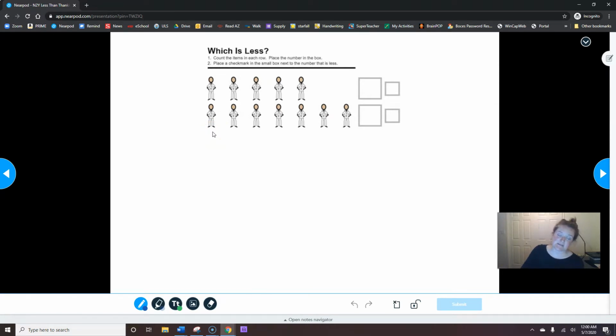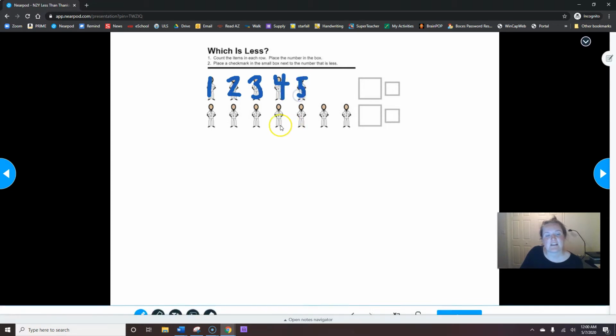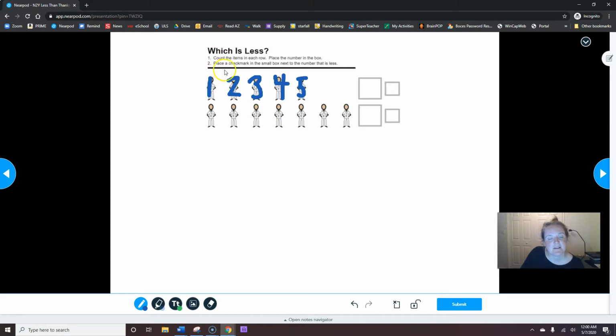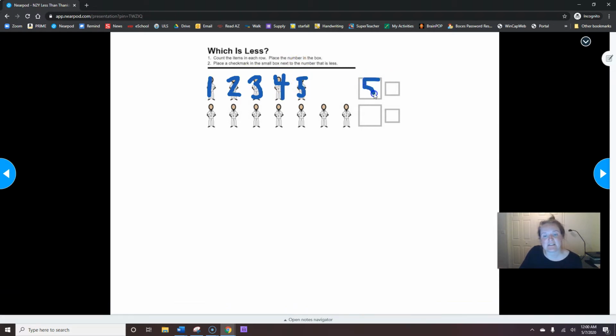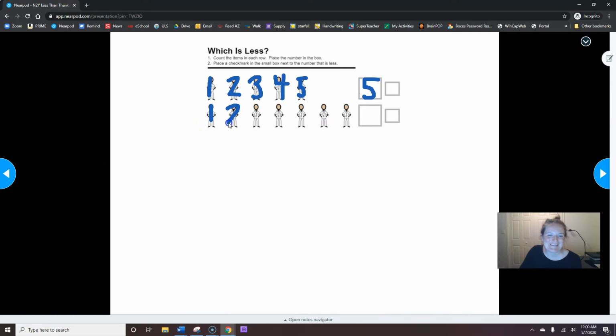Okay, here we have doctors. Doctors work in hospitals. I'll label the first row. Ready? 1, 2, 3, 4, 5. Can you count them with me? 1, 2, 3, 4, 5. There are 5 doctors. Now let's go to our next row. Oh, I have to label first. 1, 2, 3, 4, 5,